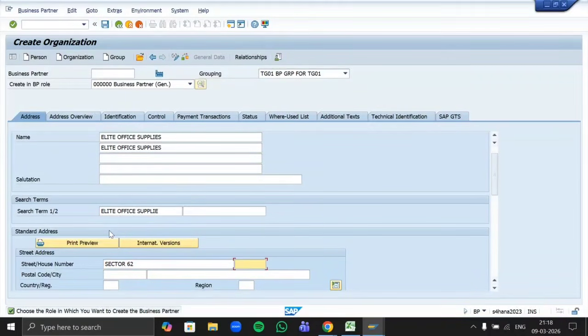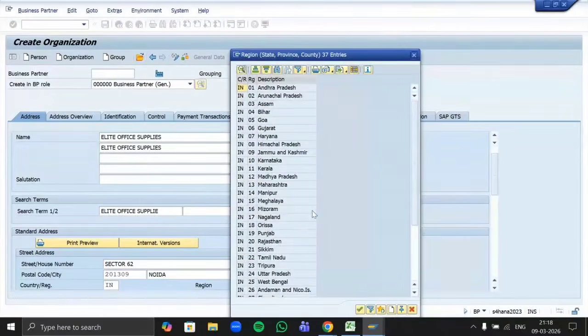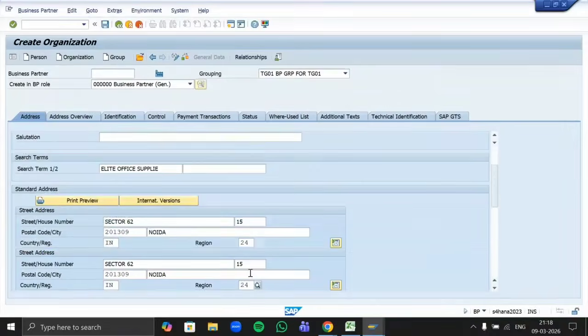Sector 62, house number 15, postal code 201309, city Noida, country India, and region will be UP, so 24.